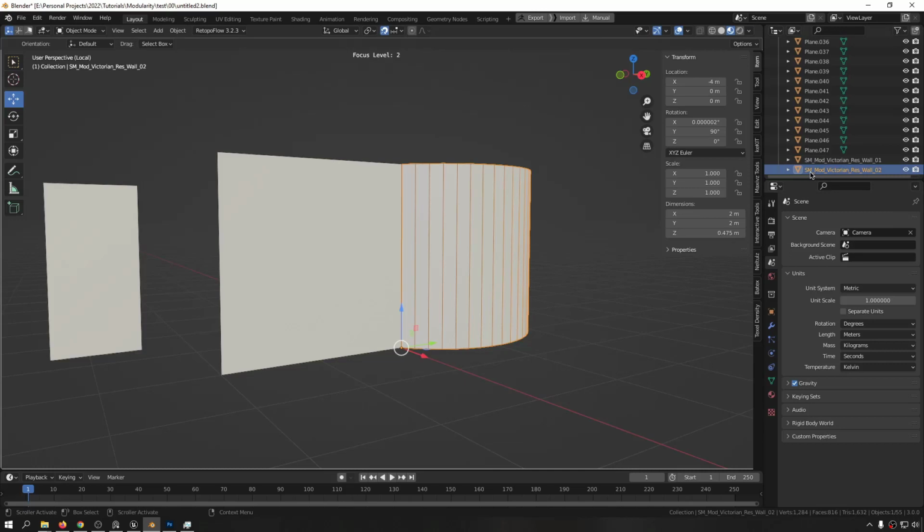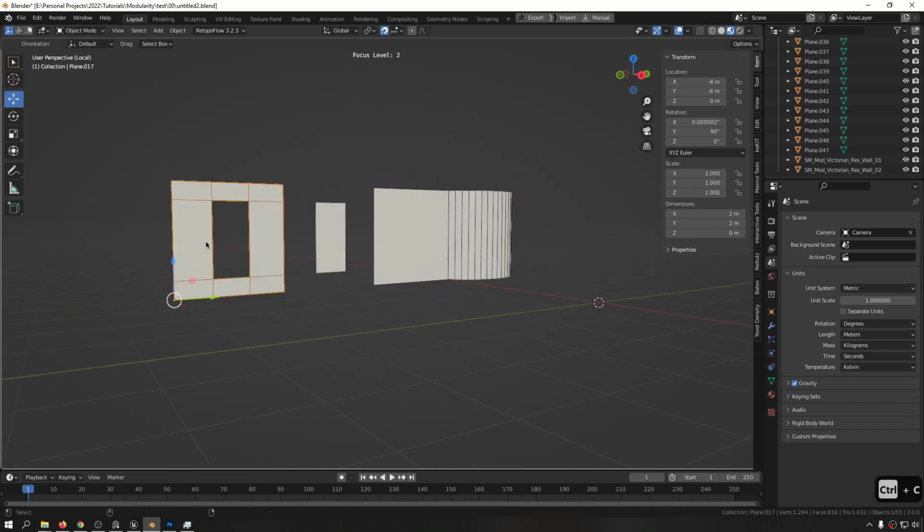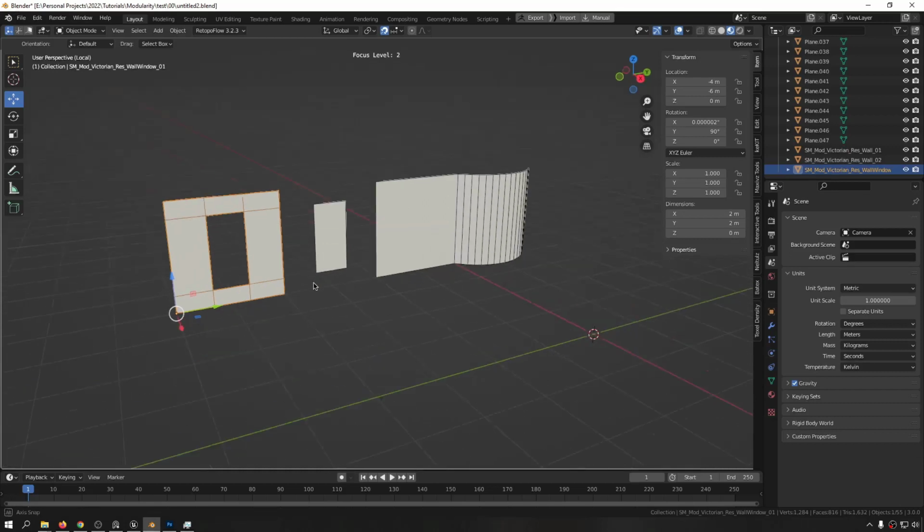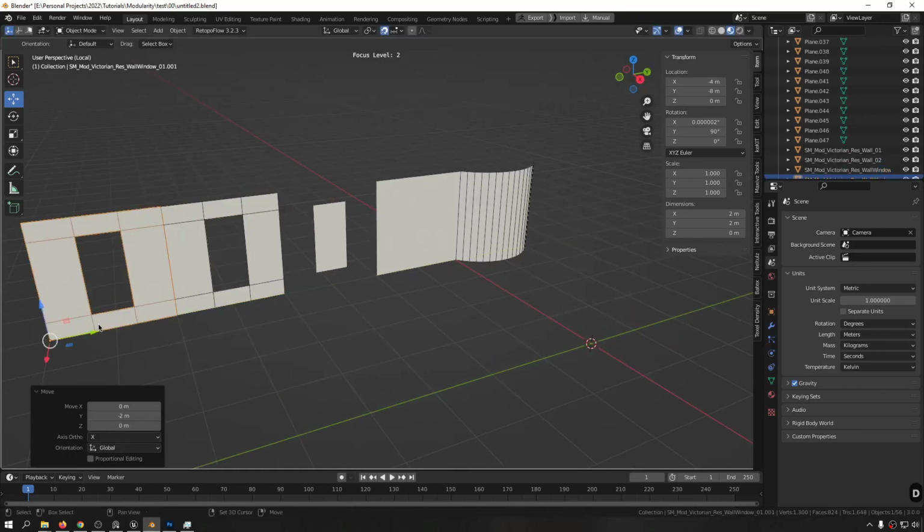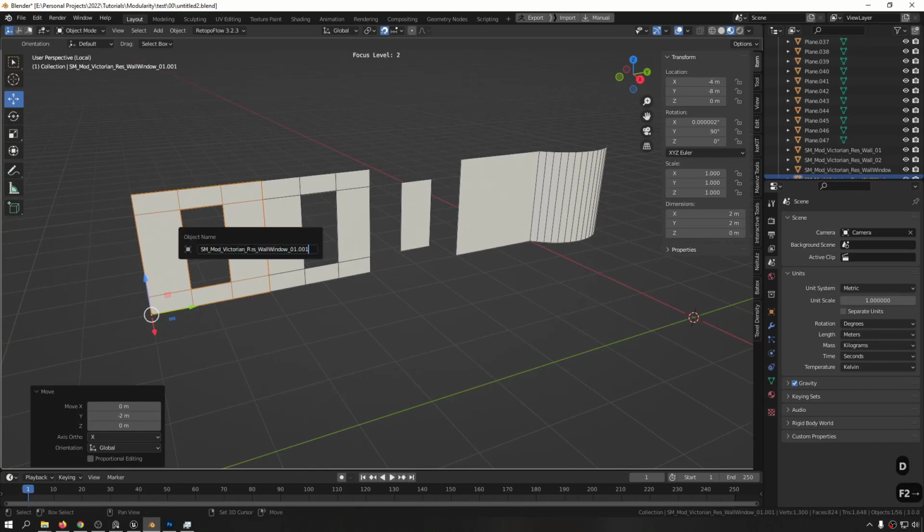And now we can read that this is a static mesh modular belonging to the Victorian era residential building, and it's a wall 02. And taking the same name, let's go in here, and this one is just like this one, but something different. It's a static mesh modular Victorian residential building wall, and after the wall we need to add window, so that we know that this is a wall that contains a window, and 01. And again, if you wanted to do a variation, you simply duplicate it and make it 02, excuse me,